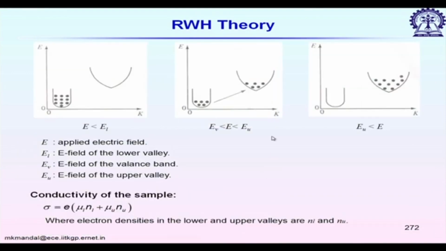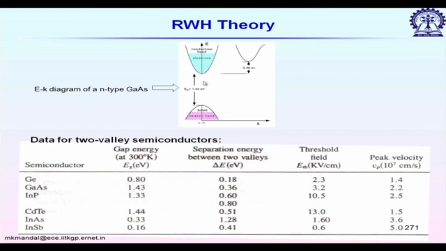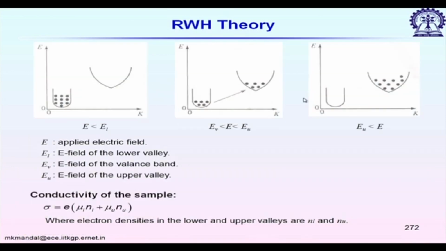So, looking at the working principle, we see that it should have two valleys. Not only that, the separation between the first valley and valence band and between the first valley and second valley should be different, and for the second case it should be smaller than the difference between valence band and the first valley, otherwise it will not happen. And not only that, there should be a difference of effective mass, so that we will have different velocities for